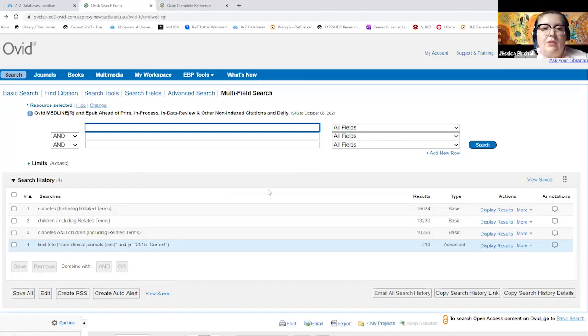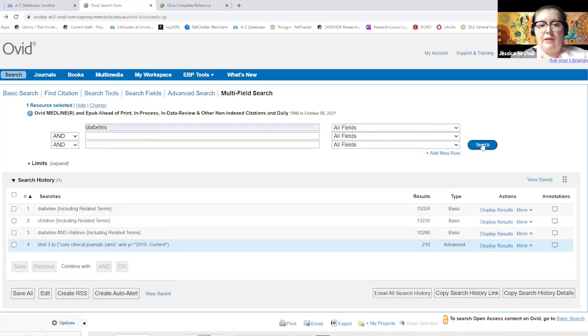So we can see here the multi-field search allows us to select where we want our search terms to be looked for in our particular journal articles, the metadata records. So we can see here that the default is all fields, which is the same as basic search. So if I enter in our Old Faithful diabetes and leave it as all fields and hit search,